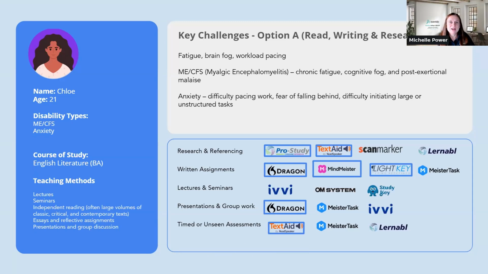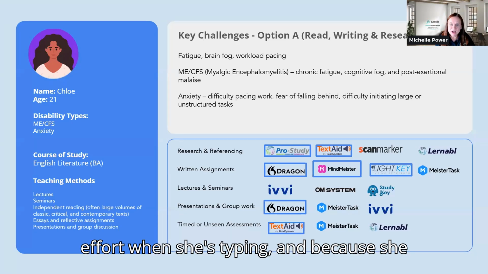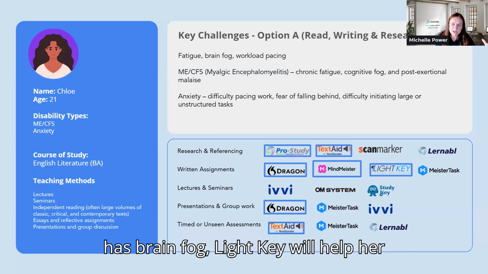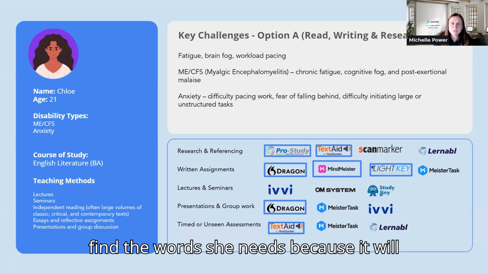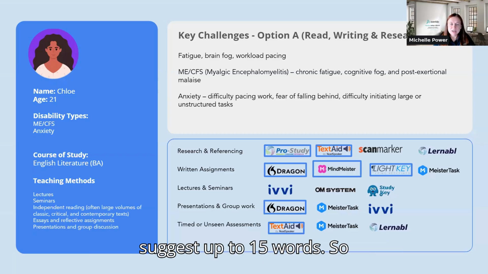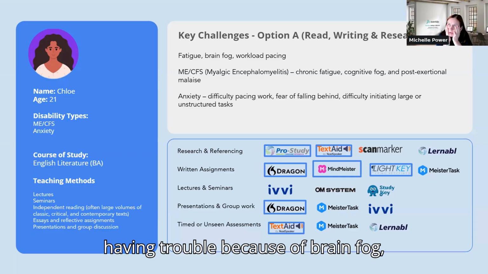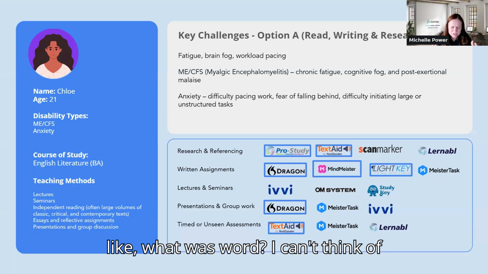Also to help with effort when she's typing, and because she has brain fog, Likey will help her find the words she needs, because it will suggest up to 15 words. So she might be having trouble because of brain fog, like, what was the word, oh, I can't think of